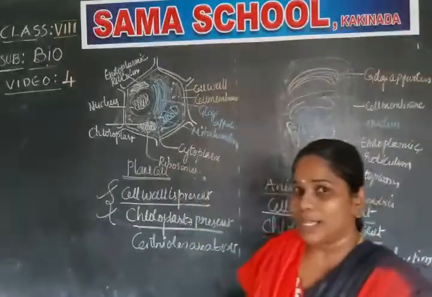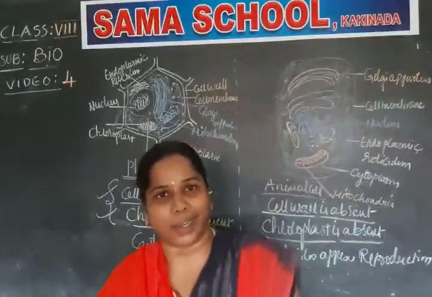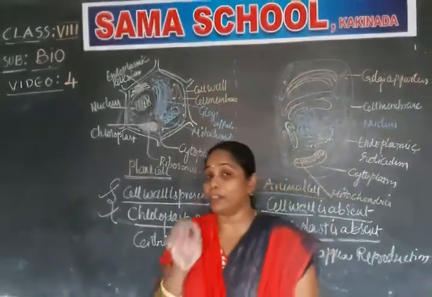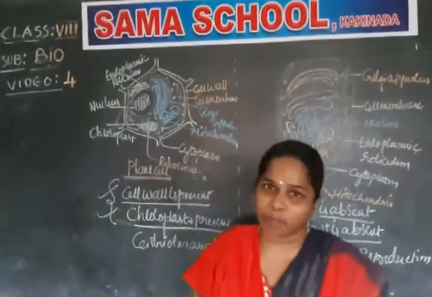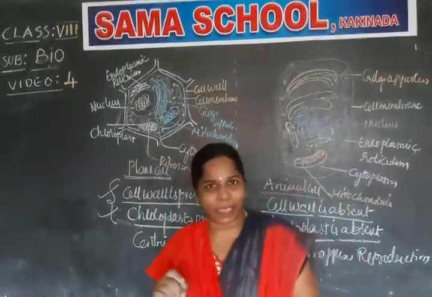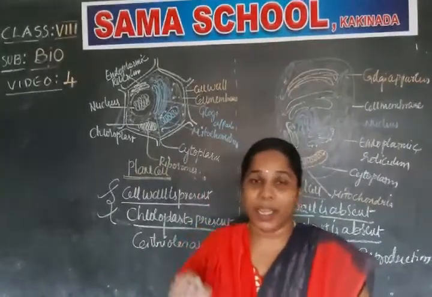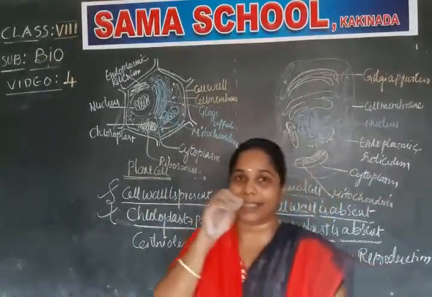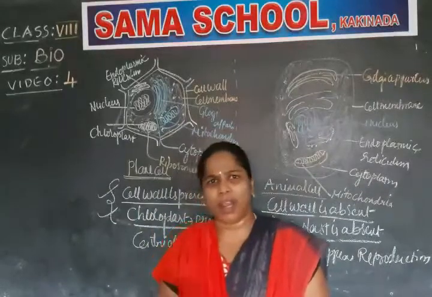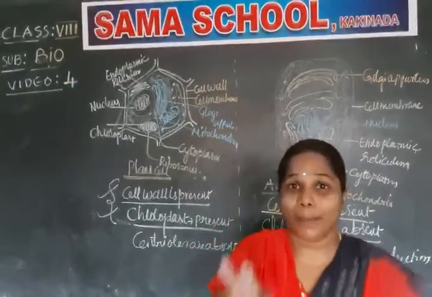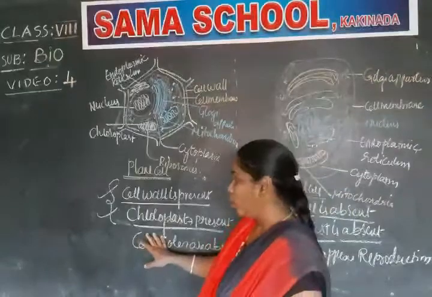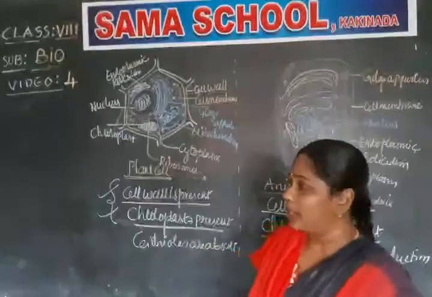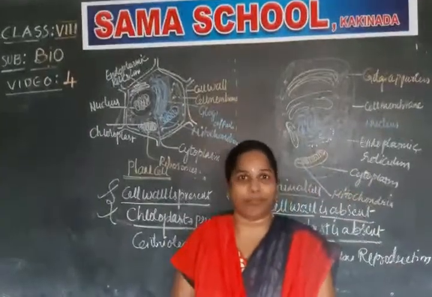Otherwise, if chloroplast is present, what will happen? We see green color. Can you tell other examples? Yes, algae will be there. Diatoms will be there. Phytoplanktons are there. They are multicellular, but even though some are plants and some are blue green algae, they also have chloroplast. So I hope everyone understood this when we go for diversity of the cells.